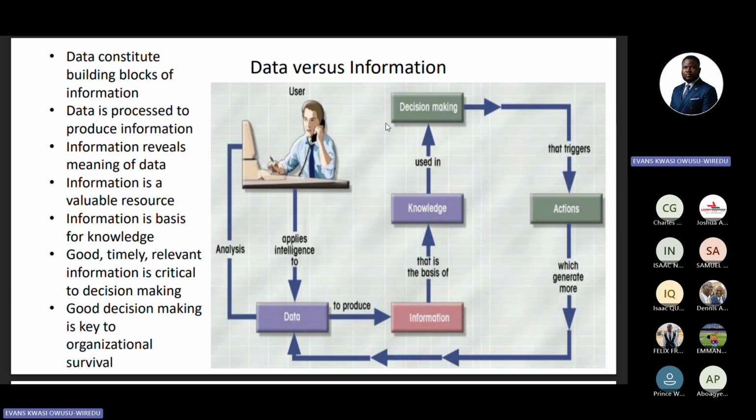So right here on this page that I'm presenting to you, you can see data, you can see the user, and then from the user, you see a data. So the data begins when it is produced, or meaning is added to it, it turns into information. And then when you now have the information, what do you do with it? You try to understand it. So yes, you have told me that Amma has received the chocolate, but I don't understand what you are talking about until context is provided to it.